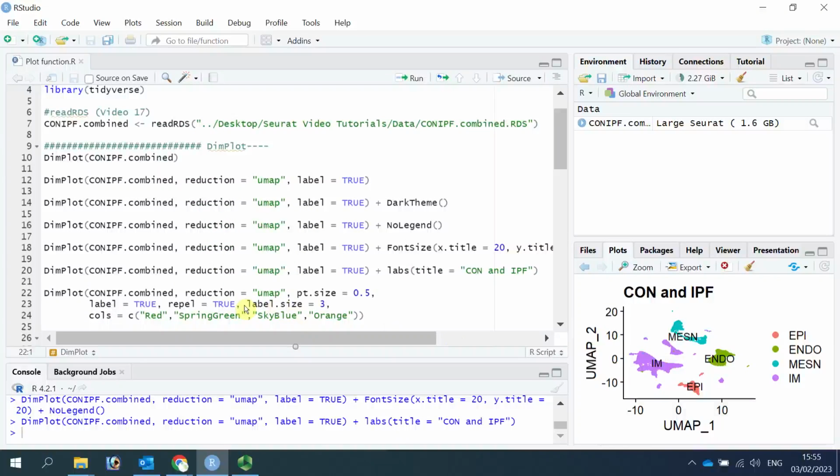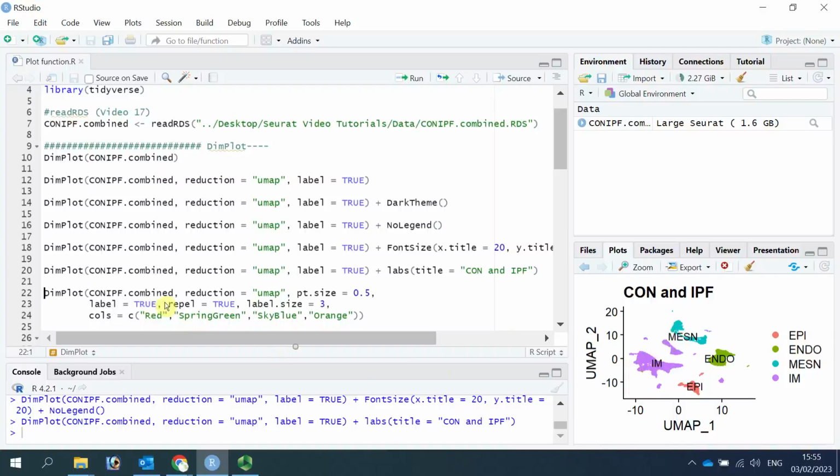In my previous video, I already showed you how to choose your favorite color for each cell cluster. You can also change the point size for cells and the label size for the letters.